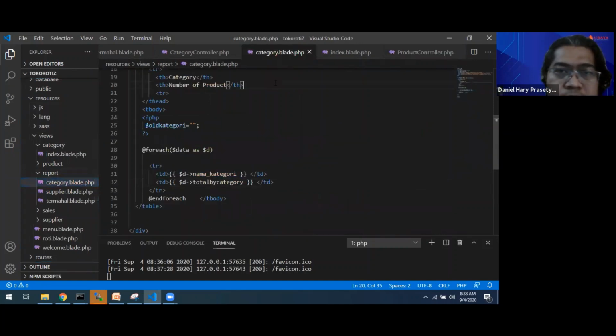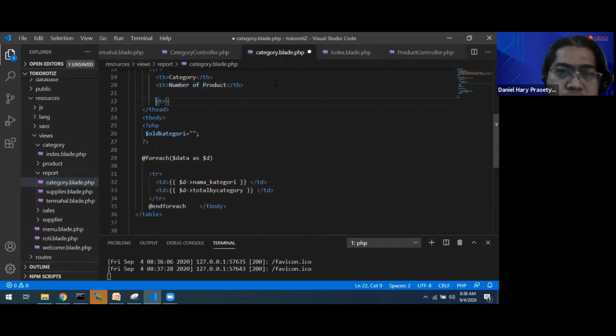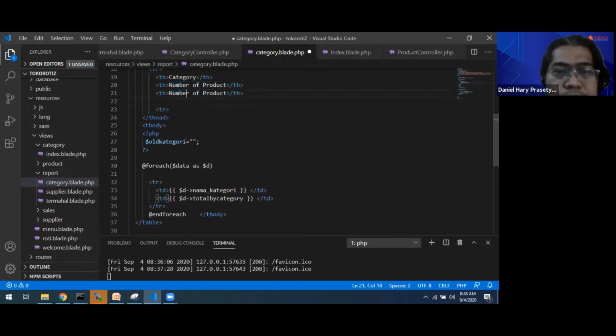Number of products, total stock. Total product stock.